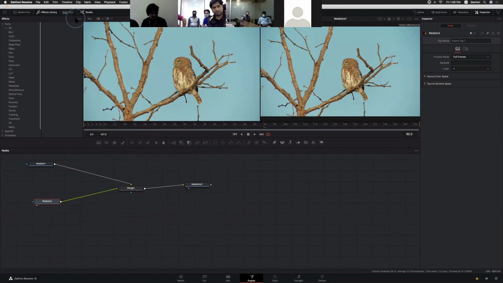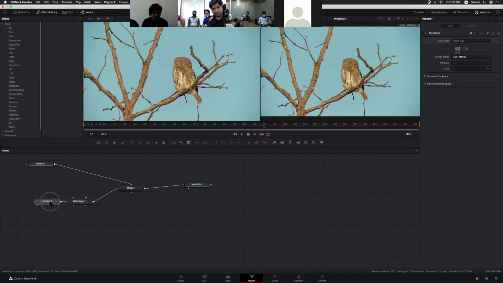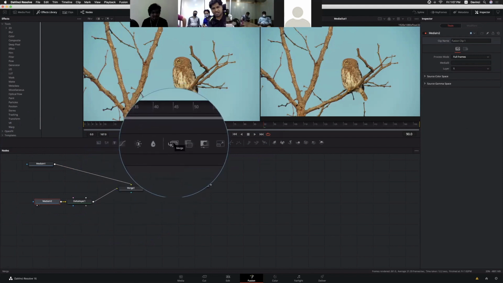Maybe instead of that, I'm just searching for the delta key here. Now add delta key here. We added delta key to our top layer, and we are already merging both layers by using the merge node. You can directly add a merge node from here also.